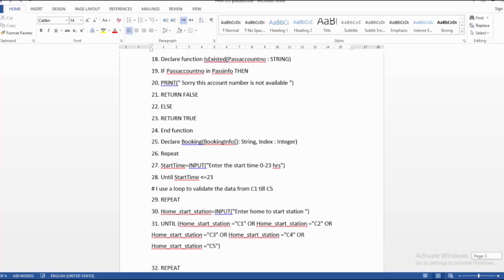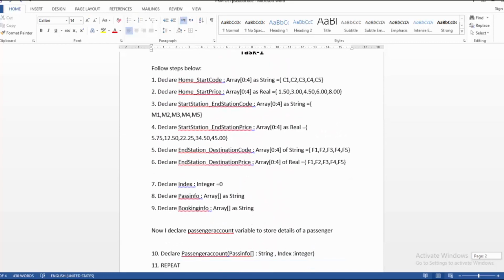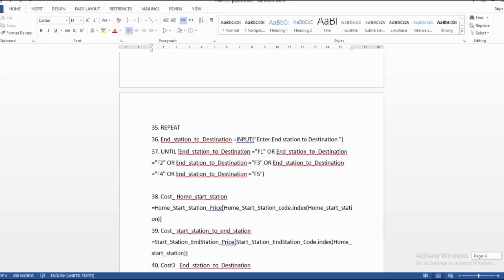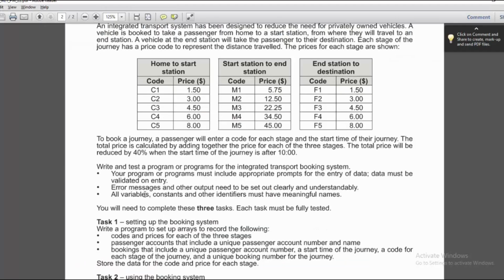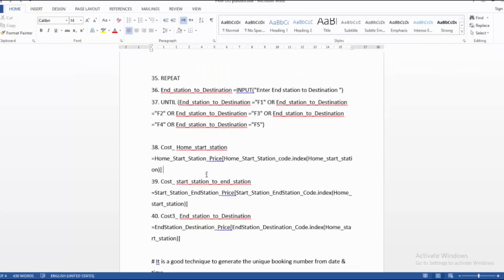I hope you understood it, and if there is any problem in understanding this solution, you may keep reading the pre-release material, because everything has been taken from here. This column, and this column, plus these are the requirements that we follow to sort out this issue. So task 1 has been completed, and for task 2 I will make another video session.